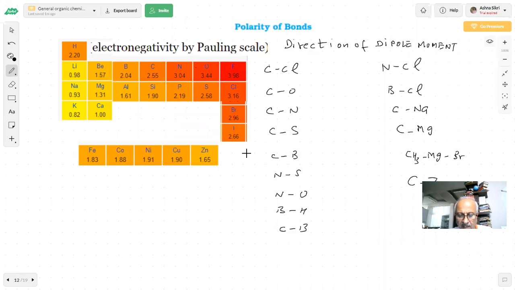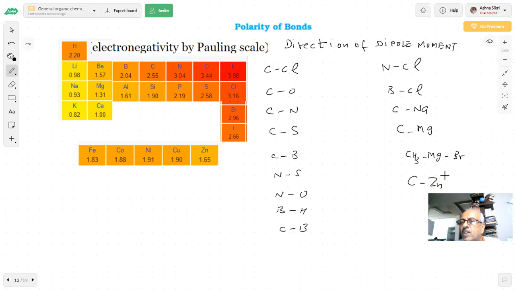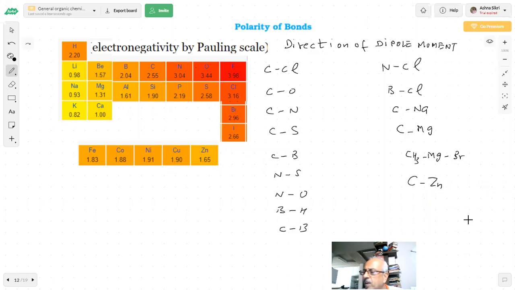By now you know that when reactions are going to take place, I have shown a carbon and zinc bond also, because zinc is used a lot in organic chemistry. I'm talking about organic chemistry where nobody will teach you what I'm telling you. It's not in a book. Be careful, keep the notes with you, because our organic reactions will become easy and we will start understanding them.